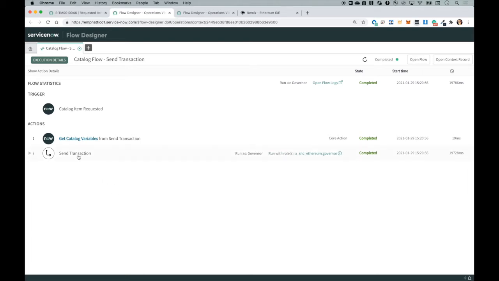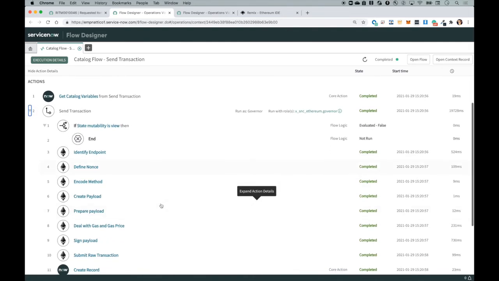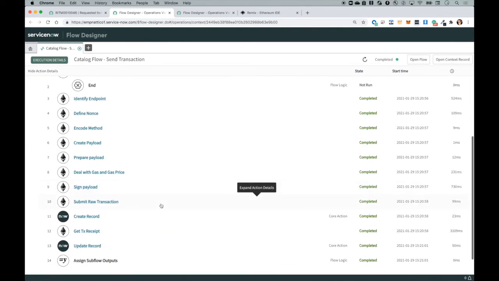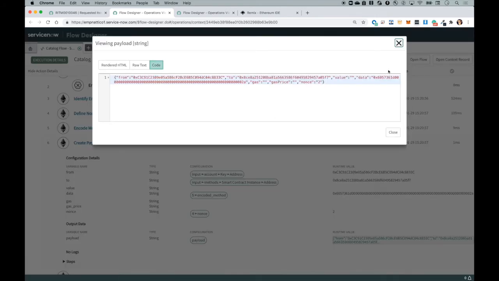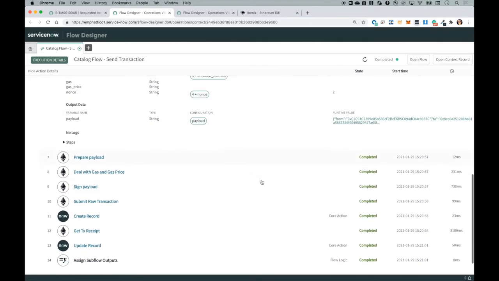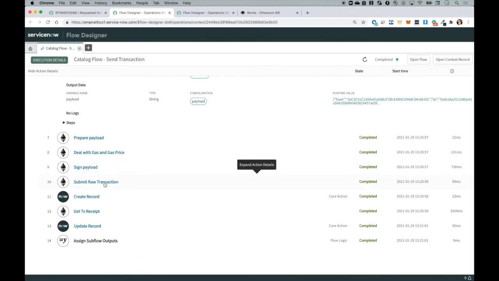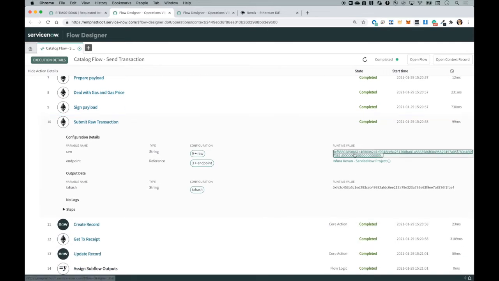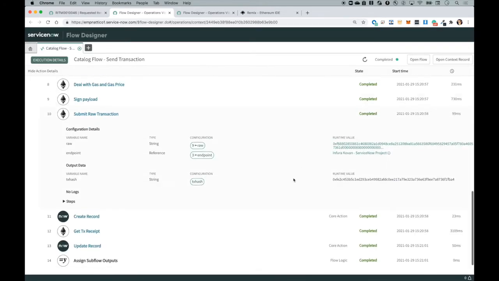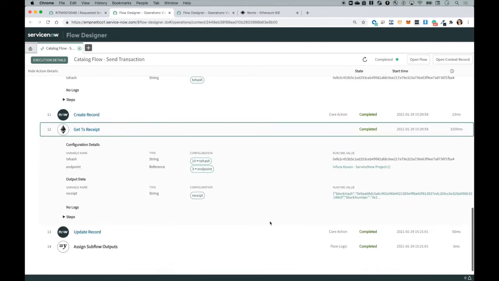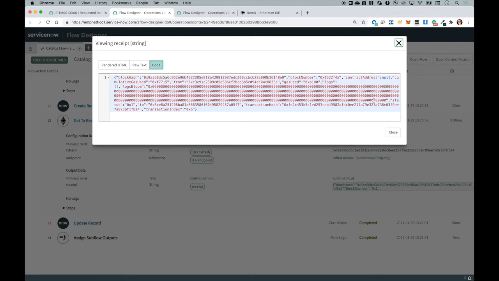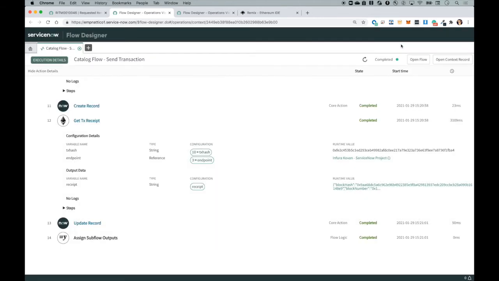This is the flow that just submitted the transaction. Again, all the activity is done in a subflow that does all the heavy lifting. Here I have activities like create payload, that is the payload of the transaction, and sign and submit the raw transaction to the blockchain, and this is the raw transaction that has just been submitted. And then I'm getting the transaction receipt within the flow, and this is the receipt associated with the transaction that I just sent. So let's close the flow designer